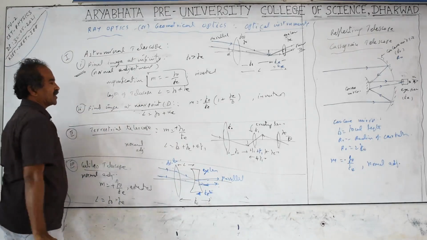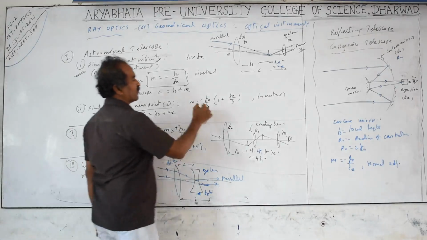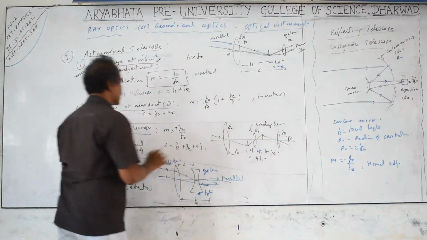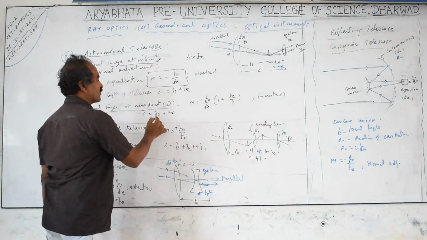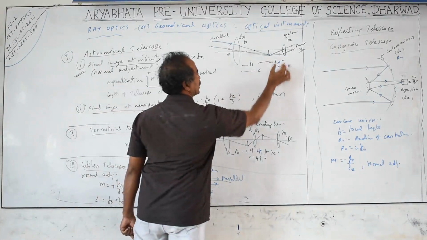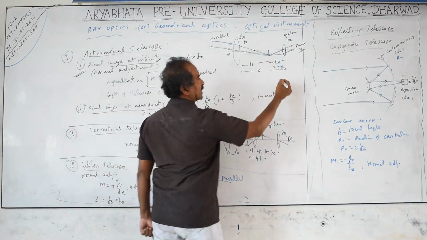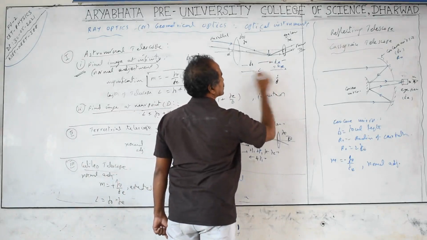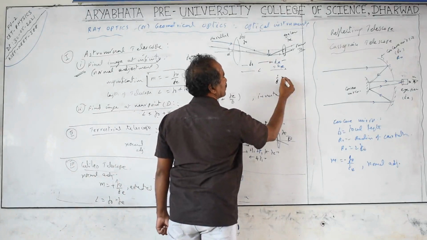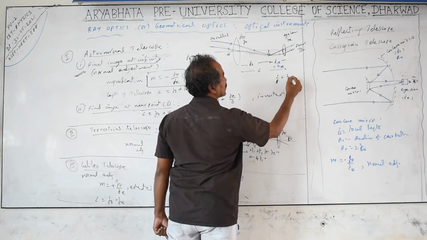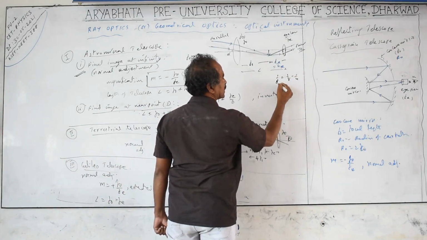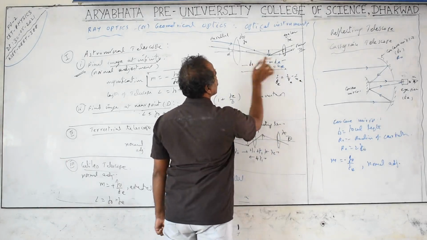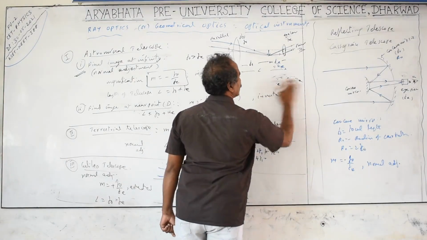Final image at near point D: magnification is minus FO by FE times (1 plus FE by D). This is also an inverted image, as the minus indicates. But the length of the telescope becomes equal to FO plus UE. We can calculate the value of UE from the lens formula, 1 by F depending on the distance D. Final image at D formed means 1 by F equals 1 by V minus 1 by U. This is for the eye lens, E. For the object lens, the object is at infinity, so V equals F.